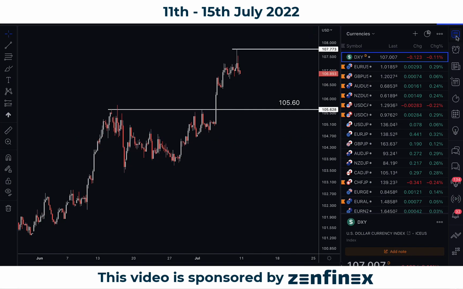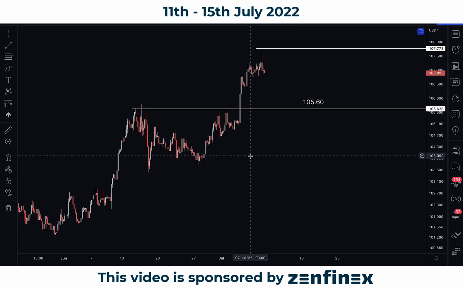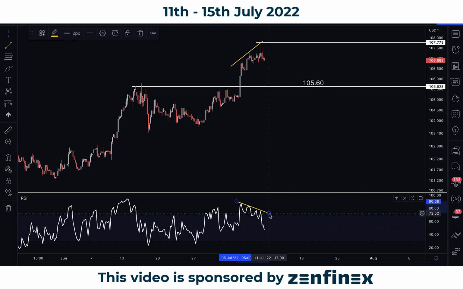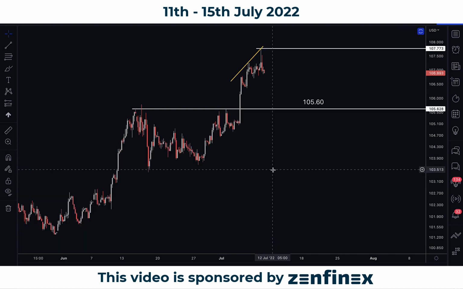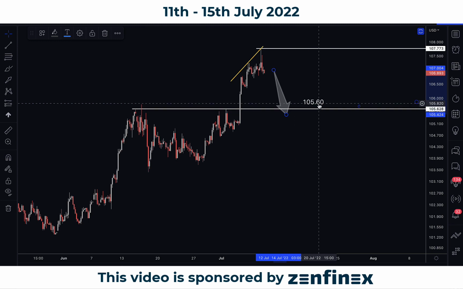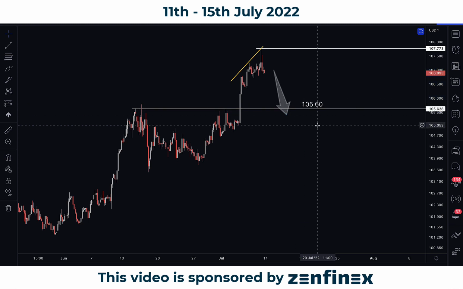Okay, so let's start off with the dollar index over here. Last week we had the dollar continue to hit a little bit higher, but from a price action perspective, this is moving in a bit of a crawl formation. There is the divergence that is building up over here as well in terms of RSI. So that suggests a lack of momentum to the upside, and a good possibility, as we are seeing right now, as of last Friday, that we're going to probably see the dollar hit a little bit lower. I'm expecting a little bit of weakness from the dollar side of things this week moving forward.